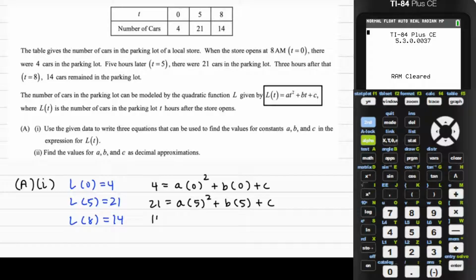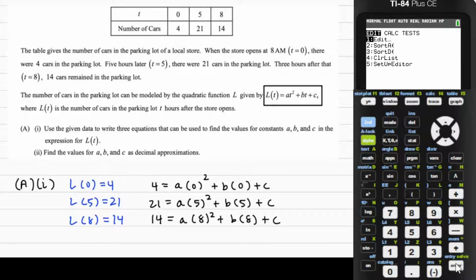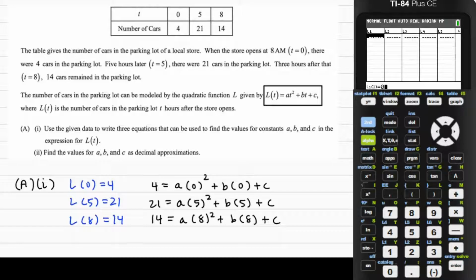And then the value of L is 14 when t equals 8, so a times 8 squared plus b times 8 plus c. Now, this looks like the type of system that I may have shown you how to solve last year in Algebra 2 if you're in my class. A 3x3 system, we could do it by hand, we could use a matrix in the calculator, but for us, there's only one unique parabola that goes through 3 points, so I should be able to just type this in and say, okay, 0, 5, and 8 are my input values, 4, 21, and 14 are my output values, and then I'm going to